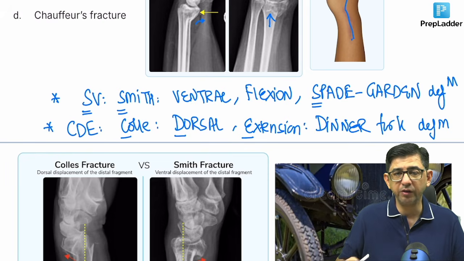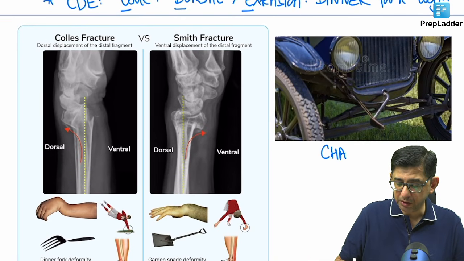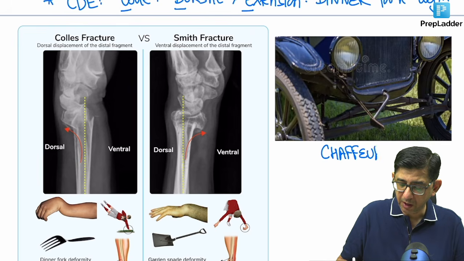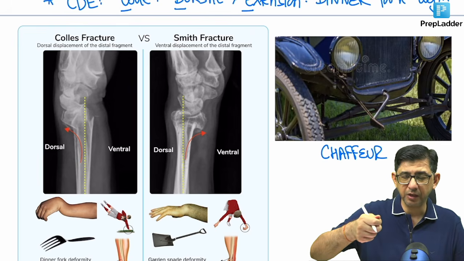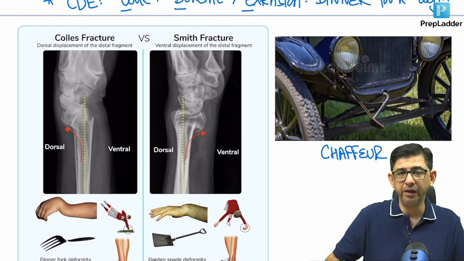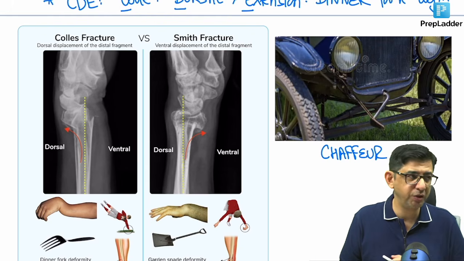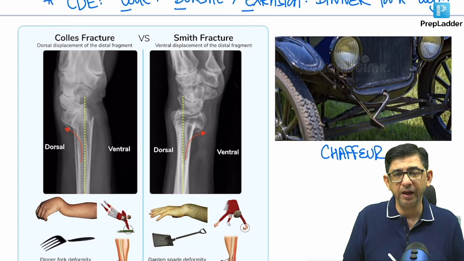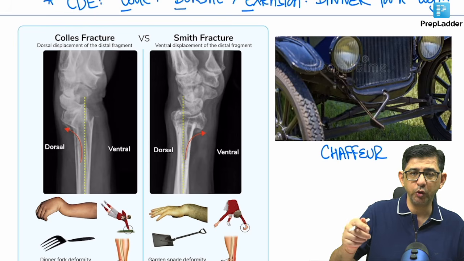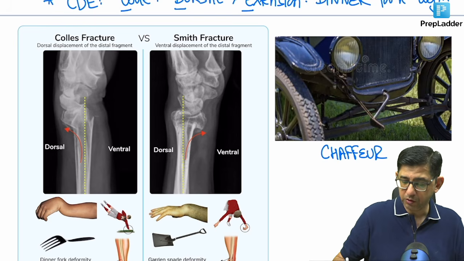The third one that they ask you about is called Sheffier's fracture. Nowadays we have push button cars, so we just have to press a button. Then earlier we had ignition key cars, but earlier there was a handle. That handle had to be rotated to crank the car, like in a Mercedes or a BMW in Germany in the 1930s, 40s. All the cars had that crank handle, and this crank handle sometimes used to spin in the reverse direction, and it used to cause injury to the radial styloid process. So Sheffier's fracture is history nowadays.